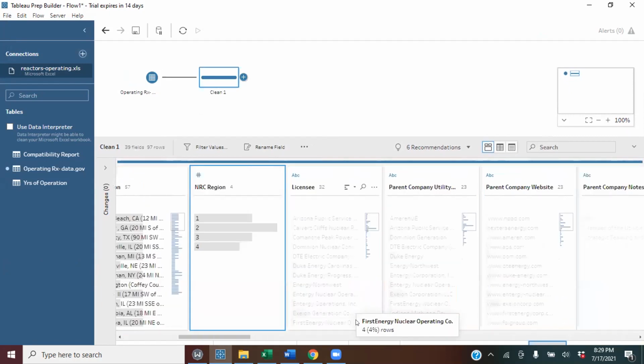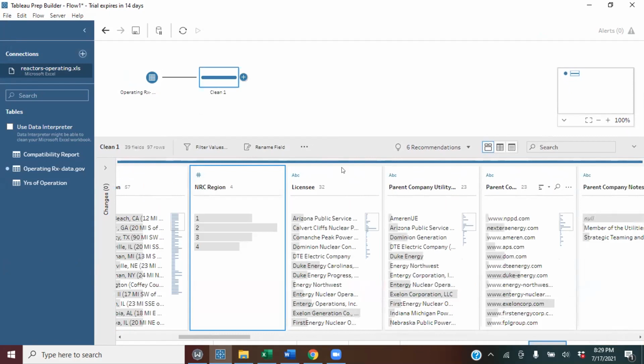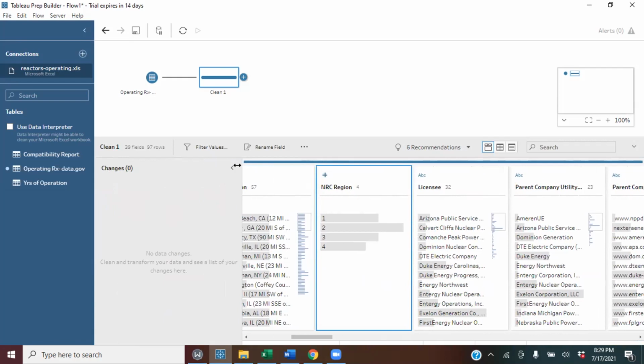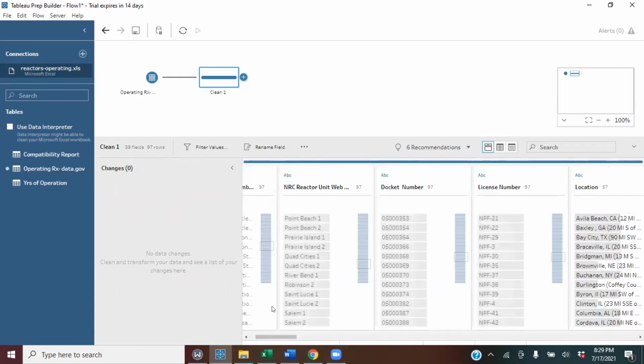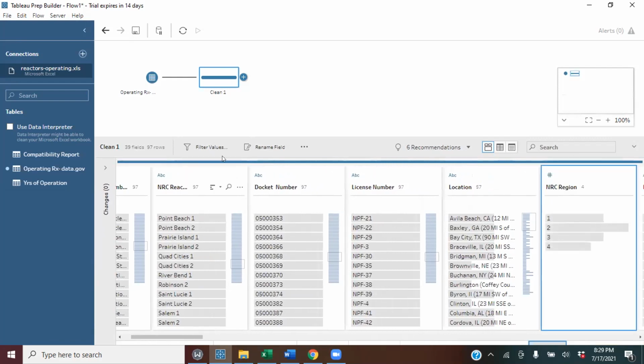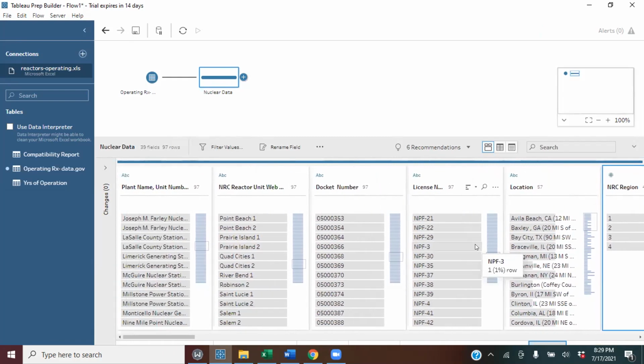Now we said it's a good idea to name every step that you take, okay? So your step here, Chidi, name it to say nuclear data, your clean one. As you move along, name your data, because if you have to do a whole long join and flow, you want to know which data you are joining. So now you brought in your main data, okay? You have another data that you want to join with this.